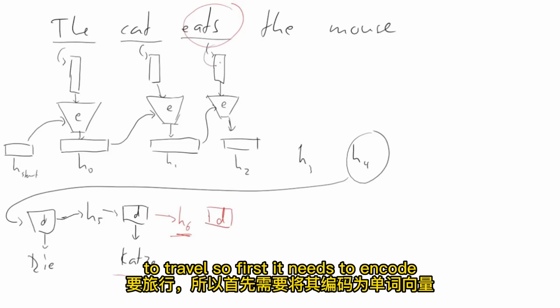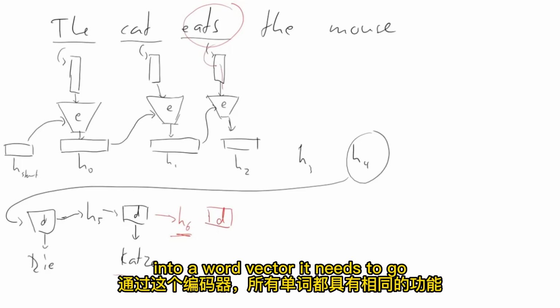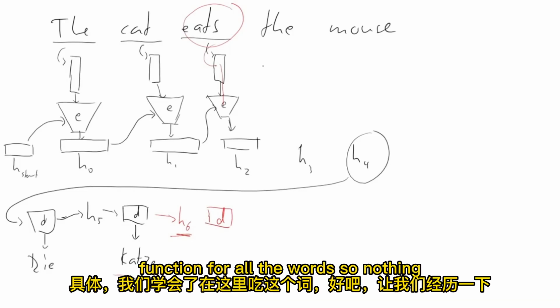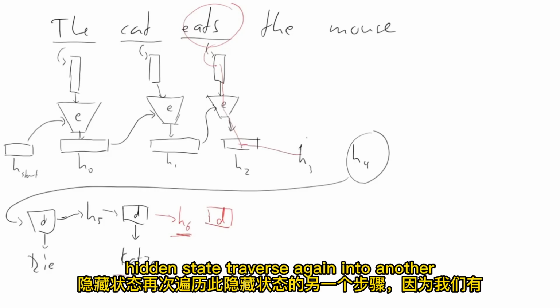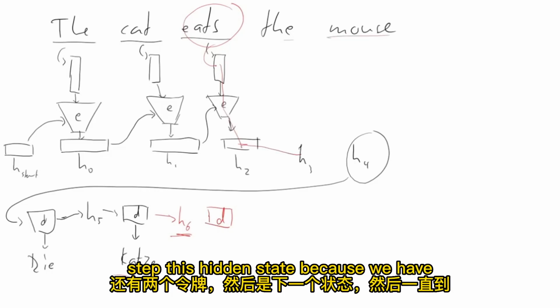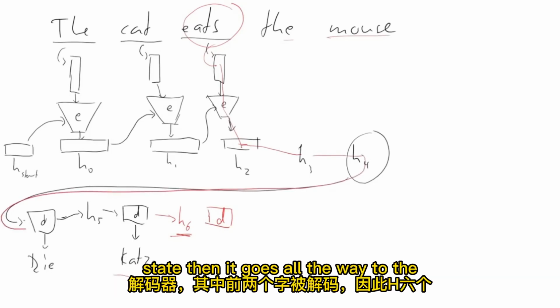first it needs to be encoded into a word vector, it needs to go through this encoder. That's the same function for all the words, so nothing specific can be learned for the word eats here, right? It needs to go through this hidden state, traverse again into another step, this hidden state, because we have 2 more tokens, and then the next hidden state. And then it goes all the way to the decoder, where the first 2 words are decoded, and still,